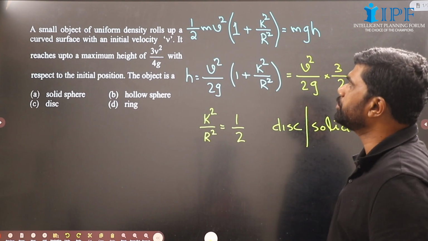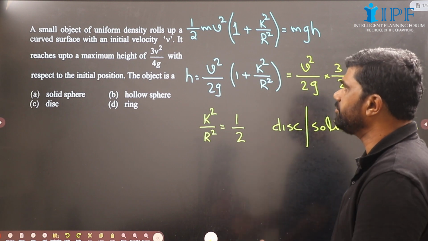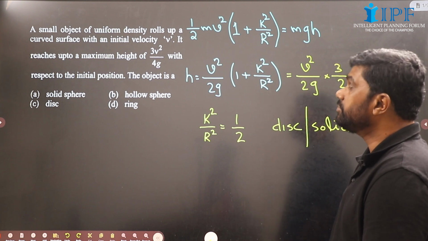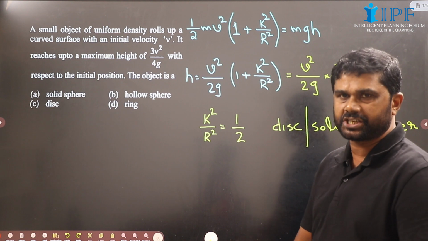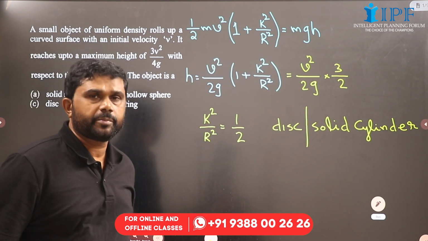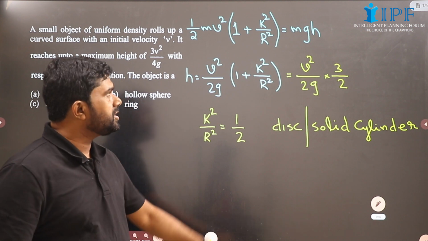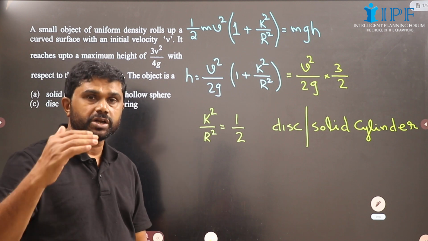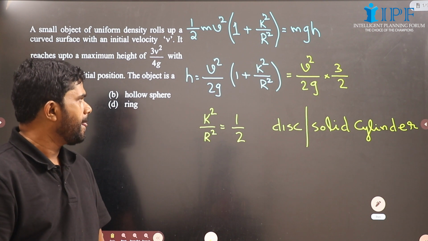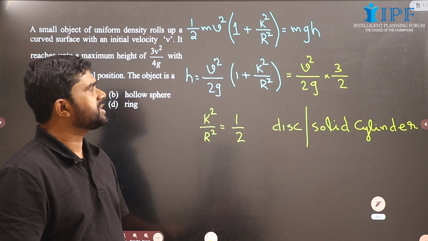A small object of uniform density rolls up a curved surface with an initial velocity v. It reaches up to a maximum height of 3v square by 4g with respect to the initial position. The object is a... Now see, half mv square into 1 plus k square by r square is the initial kinetic energy when a body rolls, and when it reaches the maximum height, its whole kinetic energy will be converted to gravitational potential energy, and h equals v square by 2g into 1 plus k square by r square,